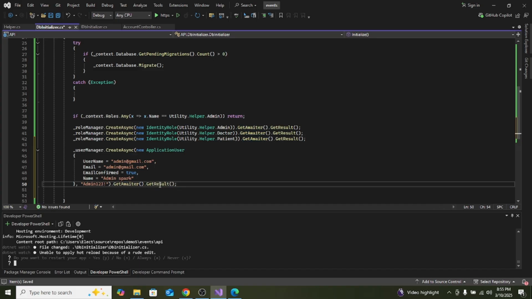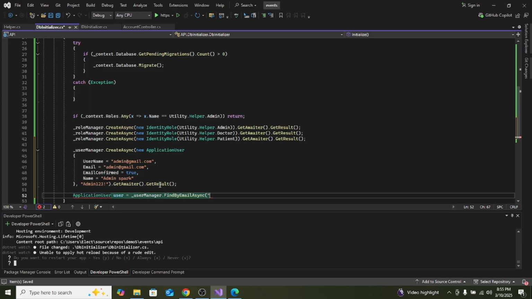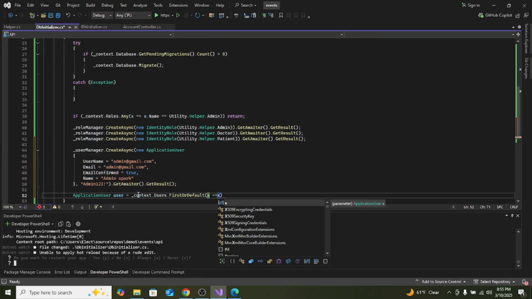So this is gonna create the admin. I'm gonna make sure the email is equal to the admin Gmail, and so it's application user equal to context.user.FirstOrDefault, and it's gonna be u, the little grading arrow there, and this one, let's go ahead and make it equal to admin@gmail.com,